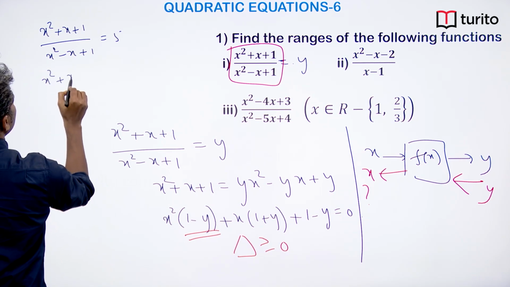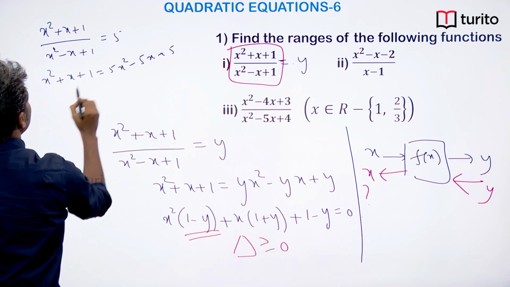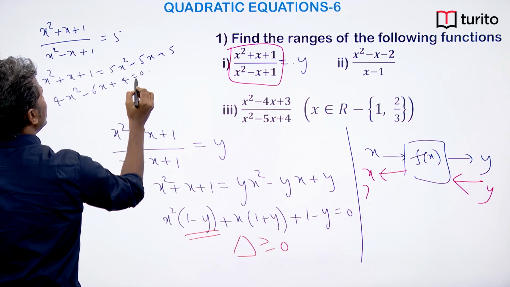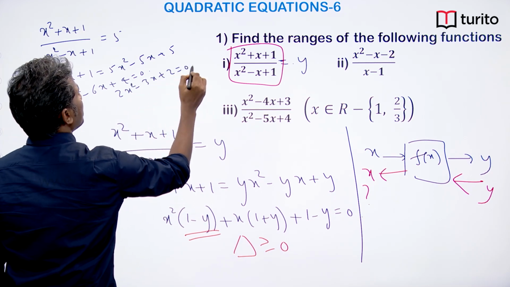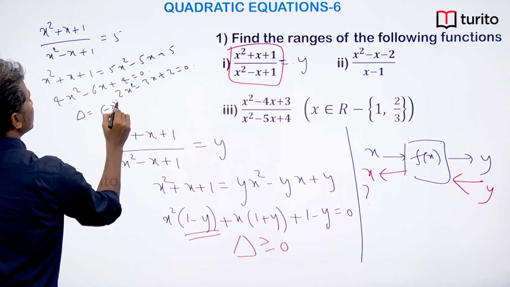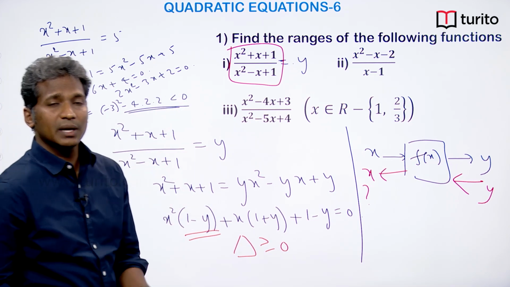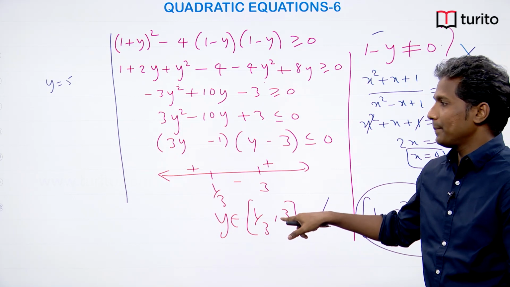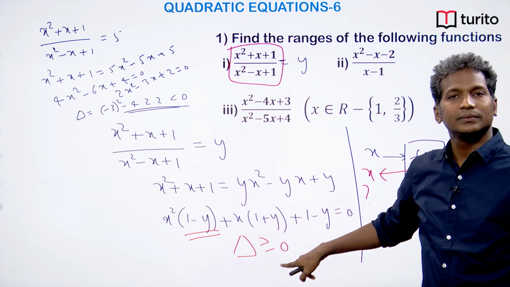x square plus x plus 1 equal to 5x square minus 5x plus 5. Now, if I simplify, I will get 4x square minus 6x plus 4 equal to 0, which is also the same as 2x square minus 3x plus 2 equal to 0. Now, if I check the discriminant of this, it will be minus 3 whole square minus 4 into 2 into 2, which is a negative value. You see what has happened here? If I had taken any value which is not in the range, the discriminant is coming out to be less than 0,